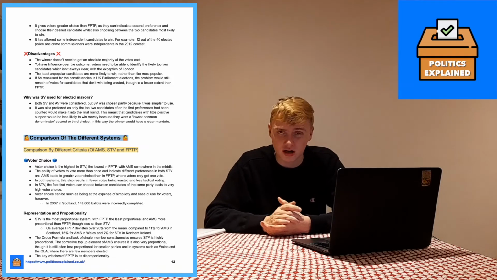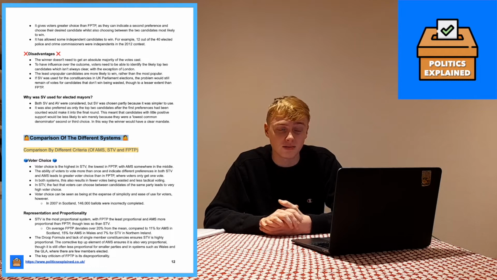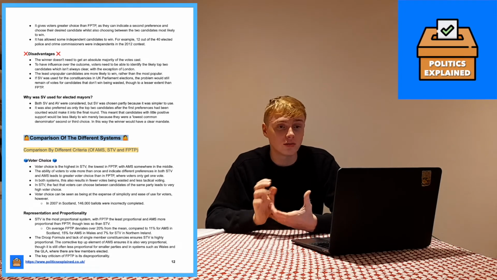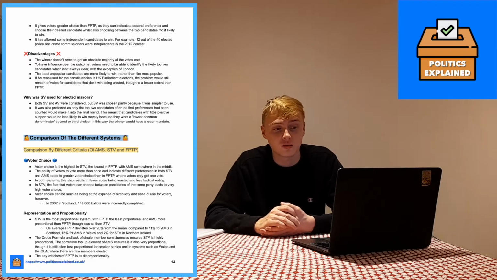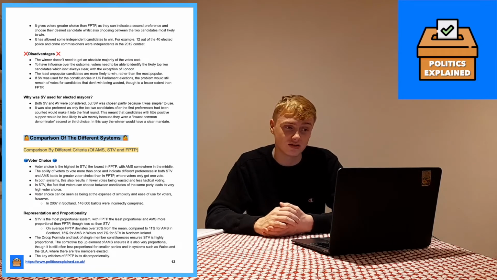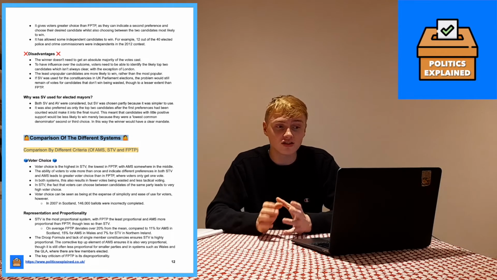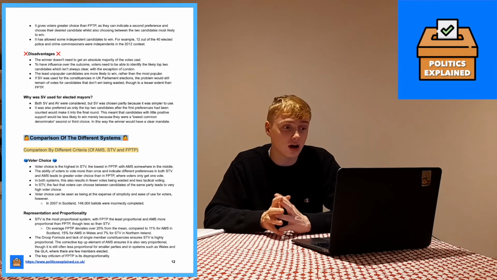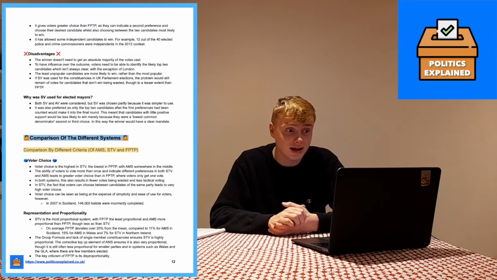This is less true of elected mayors, especially the London mayor. But when it was used for police and crime commissioners, 12 out of the 40 elected police and crime commissioners were independents in the 2012 contest. In terms of disadvantages, the winner doesn't need to get an absolute majority of the votes cast. Secondly, to have influence over the outcome, voters need to be able to identify the likely top two candidates, which